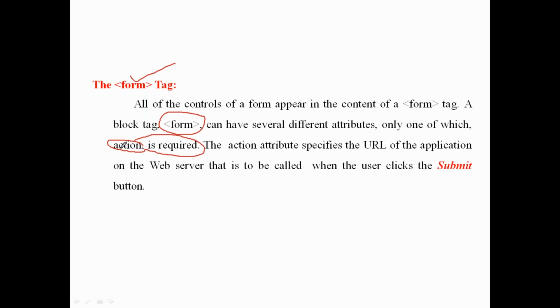After submit or login, it goes to your home page, that is what action is for. The action attribute specifies the URL of the application, meaning the link where we have to go, on the web server, that is to be called when the user clicks the submit button.